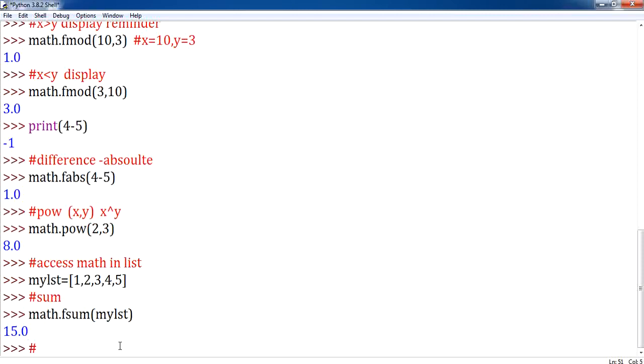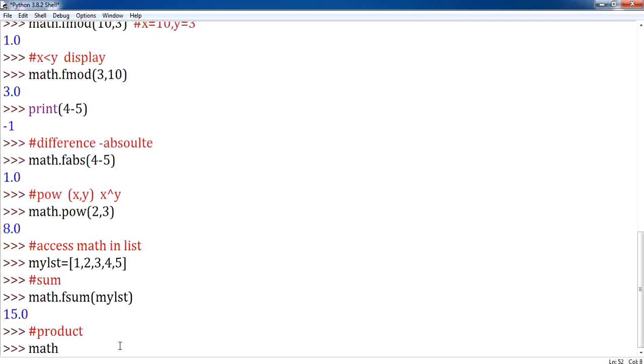And next, if you want to find the product of it, I can make use of math dot prod. So product followed by my list. Here, how does it execute? This is your list, right? Your list consists of the values 1, 2, 3, 4, 5.